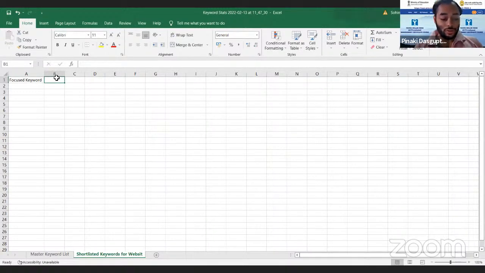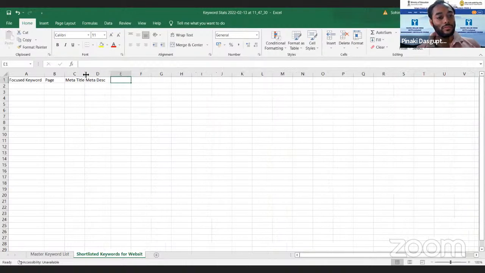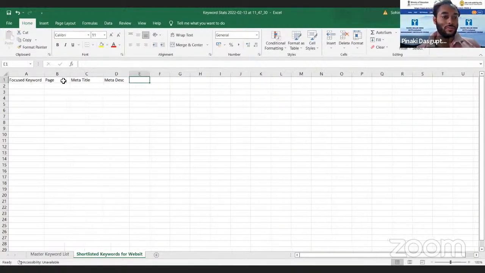One is focused keyword, then page, meta title, meta description, optimized URL.